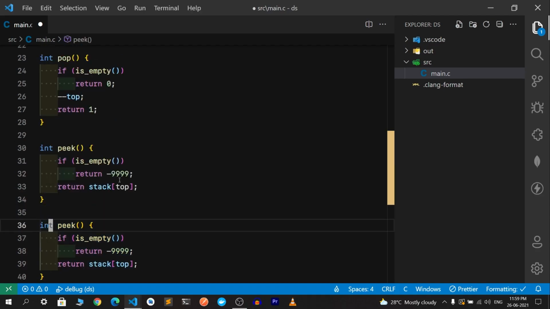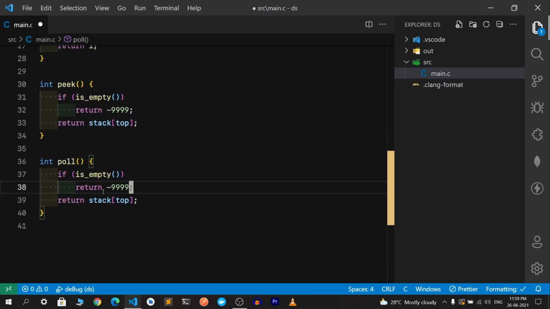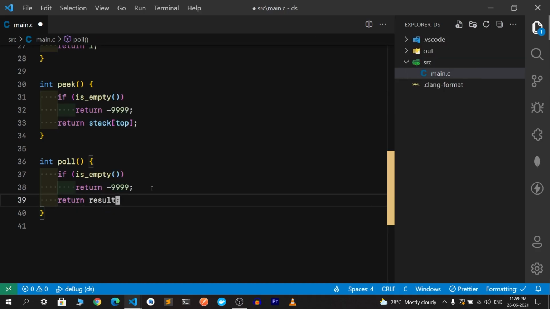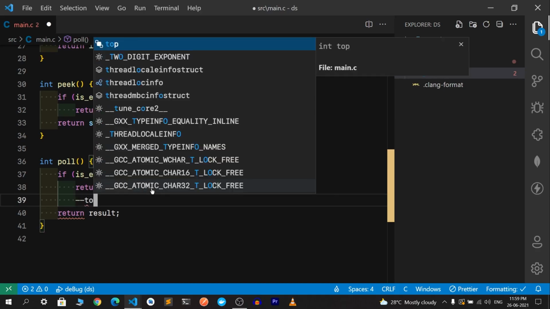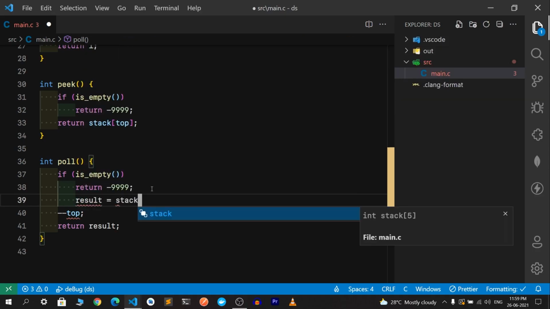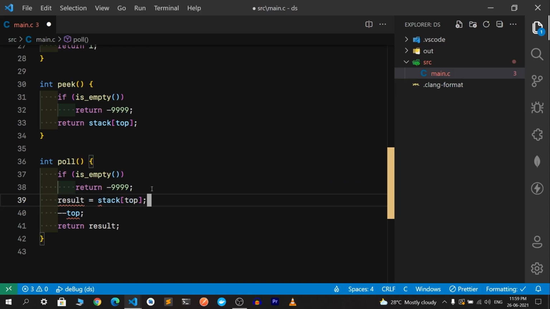All right. Now, I can come over here. I can check if it is empty. Same thing. Since we are not returning a boolean over here, I'll have to return that peculiar number, whatever it is, and I'll have to return that element that we have. For example, I can have a result variable as of now, because if I just decrement top like this, before decrementing, I'll have to store the value of top here, because stack of top, now that we are,